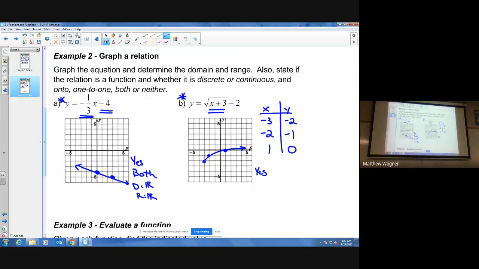Continuing right along. Is this a case of both, one-to-one, onto, or neither? Well, looking at this, let's actually go to our domain and range first. Our domain is, obviously, we can't square root negative numbers, so it's all x values that are greater than or equal to -3. Our range values are greater than or equal to -2. And if we look at that, all of those x values have a unique and corresponding y value, so this would be a case of